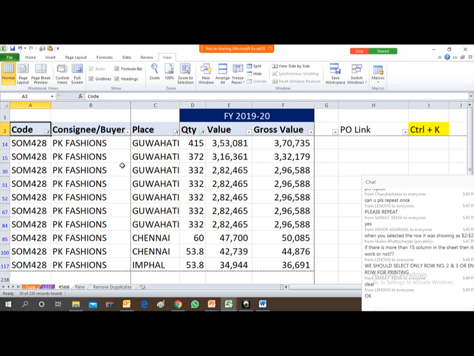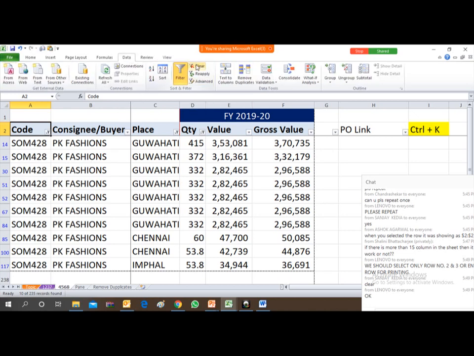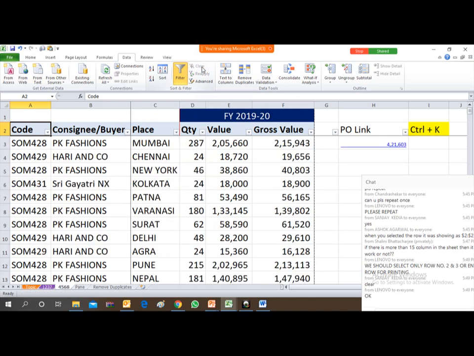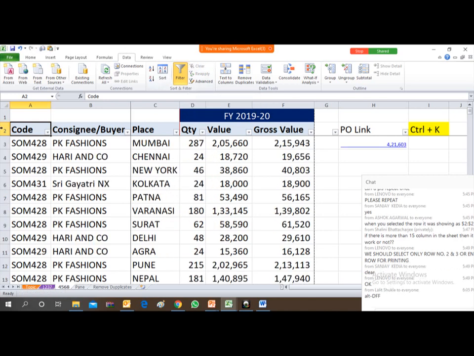But friends, there is a shortcut key. What is the shortcut key? Go to Data, and there is this Clear option available. And friends, I made it clear to you yesterday how to create shortcut keys for yourself. You can use your mouse, go to Data and press on this. It will clear all the filters, but the filter will remain.